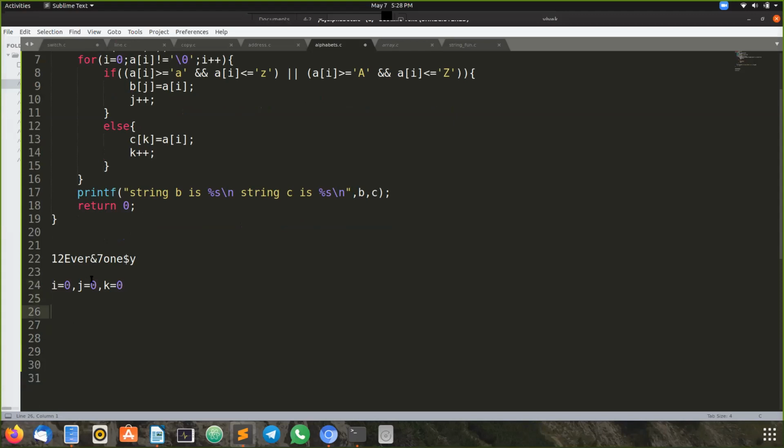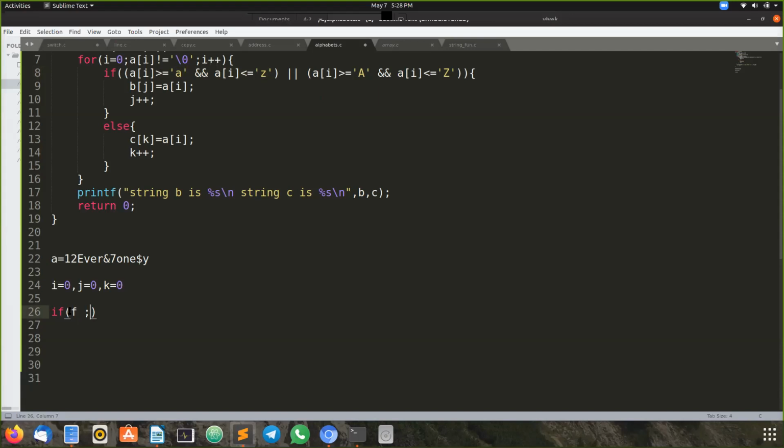Now, in my if condition, what I have written? A of i. That is, A means this is the string what we have. So A of i means the first index. What is it? It is 1. 1 means digit. The ASCII value of this does not lie in the range of small a to small z, isn't it? Small a ASCII value is 97 and small z is around 122. So in between, all the ASCII values are related to alphabets. So as this is a digit, the condition failed.